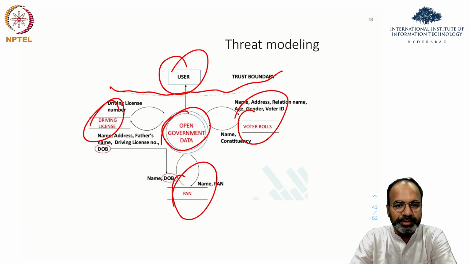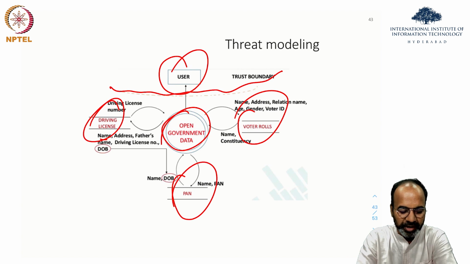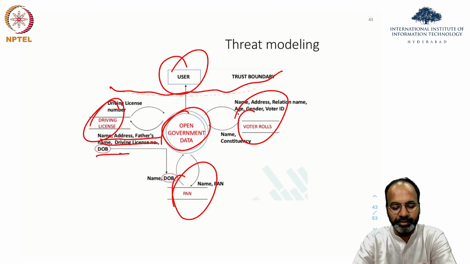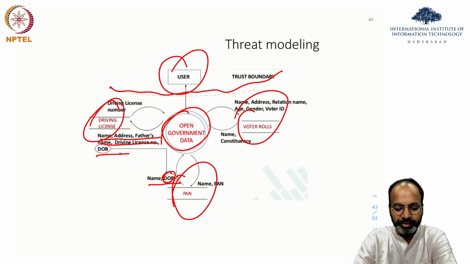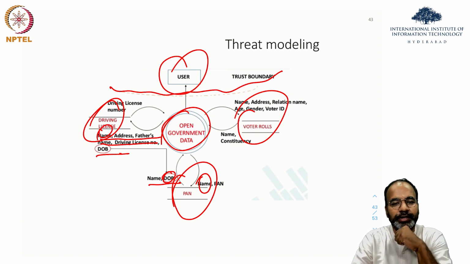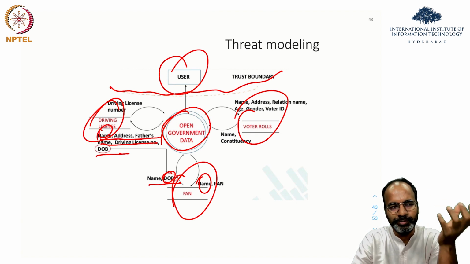So now the question in threat modeling is, can you understand what threats are there if I get access to, let's take name, address, father's name, date of birth from here. Date of birth is here, name and date of birth from here. If I put these two dates of birth together, can I actually find this name, which may be unique, right? So you have to enumerate the different threats that are there, and of course there's a formal mechanism, the DREAD